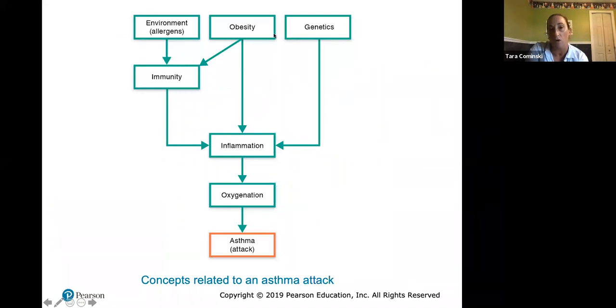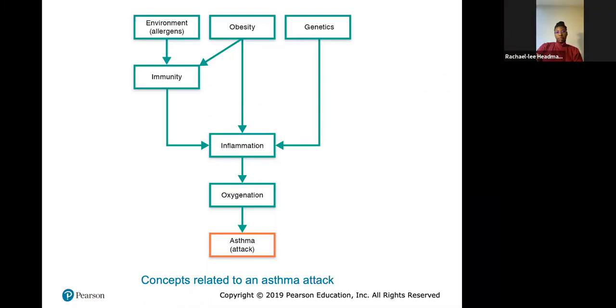So what are some of these broader concepts that are related to asthma attack? These two flow charts are pulling some information from that table that I mentioned, right? That's essentially what it's doing, putting it together. All right. Does anyone have any questions about this? Yeah, I had a question. I wanted to know how immunity influences inflammation. I have a theory in my head, but I don't know, so I just wanted to ask that.